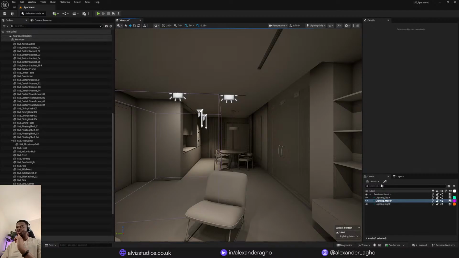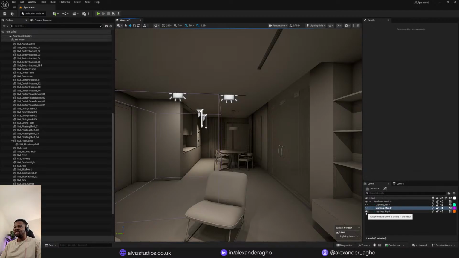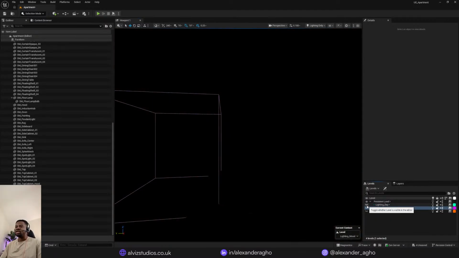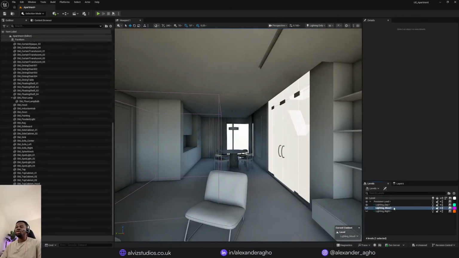One more thing I want to point out when it comes to levels. So like I said, everything that we brought into our scene always comes into the persistent level, and we've separated the lighting scenarios into other levels. And you will see that we have these green dots in front of them. What this means is,